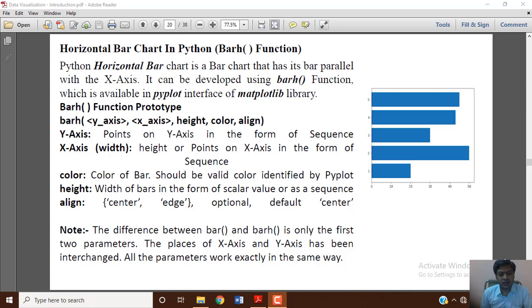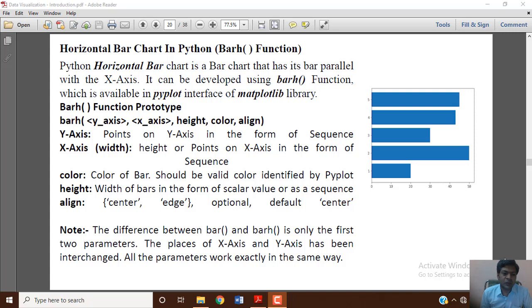We saw the prototype and different parameters for the line chart, which uses the plot function: how we can work with x-axis, y-axis, color, line weight, marker size, and marker edge color. These are the different parameters which we use to implement in our application in Python programming.